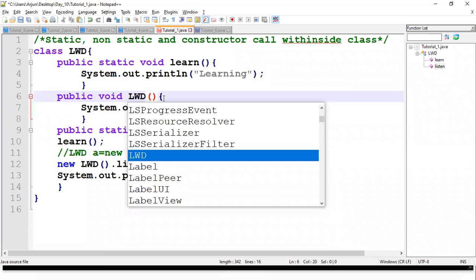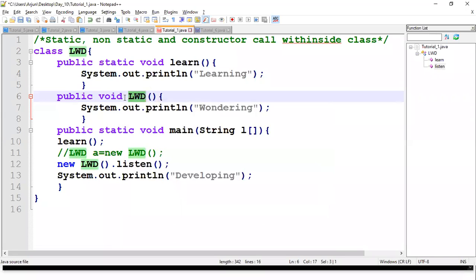I just changed the name to LWD, the same name as the class name. Now, does it have any return type? No. A constructor never has any return type. So the first definition is: it is a method and it has the same name as the class name, and it doesn't have any return type.